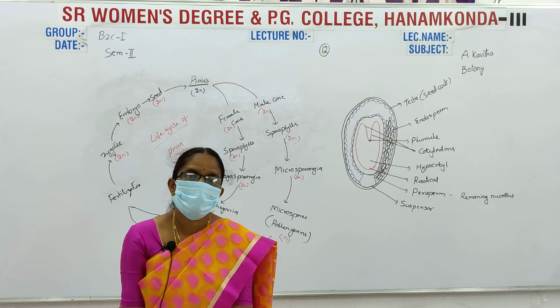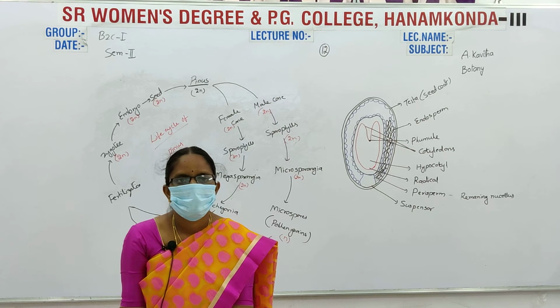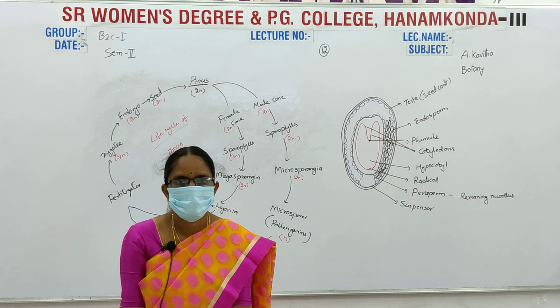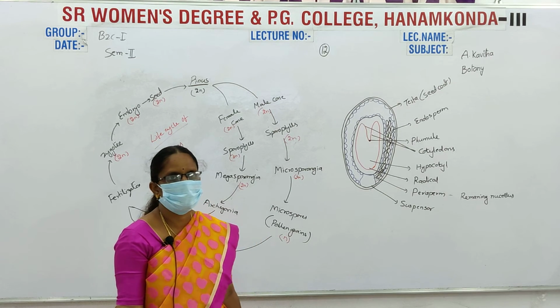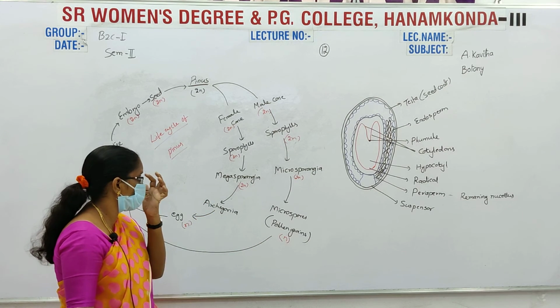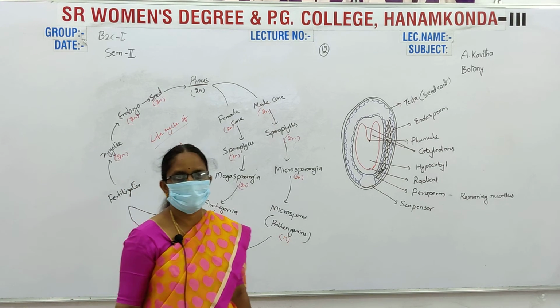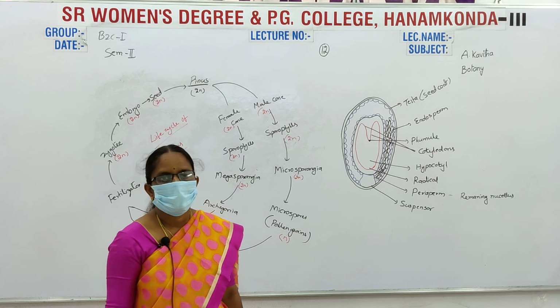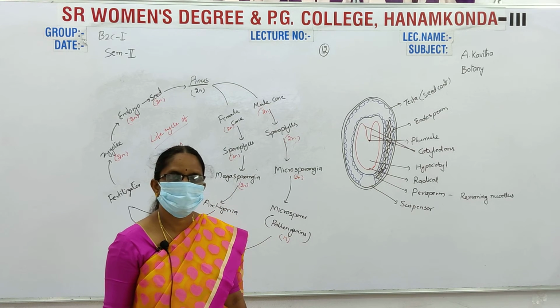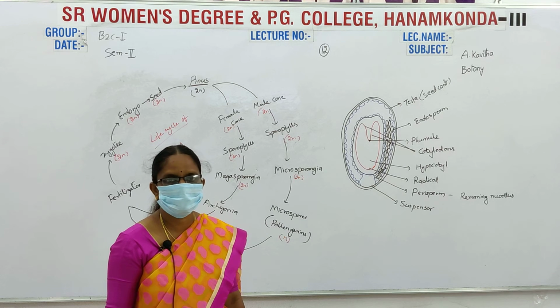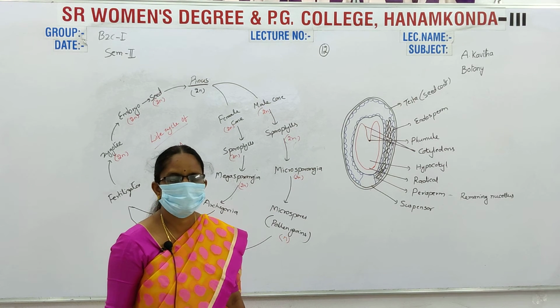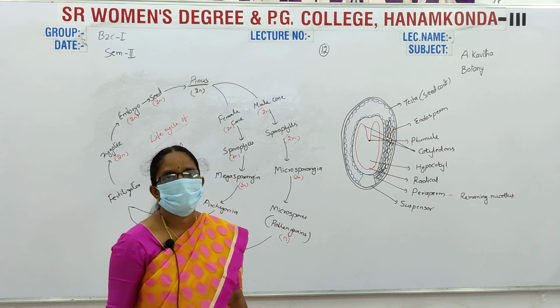Pinus pollen grains are also important. The Pinus pollen grains have wing-like structures, which are used in the dispersal of the pollen grains. This is also important. Next, the structure of the ovule is important, and after that the fertilization. Next is the Pinus seed, which is also important, and the Pinus seed develops a new Pinus plant. This is the life cycle of the Pinus plant.